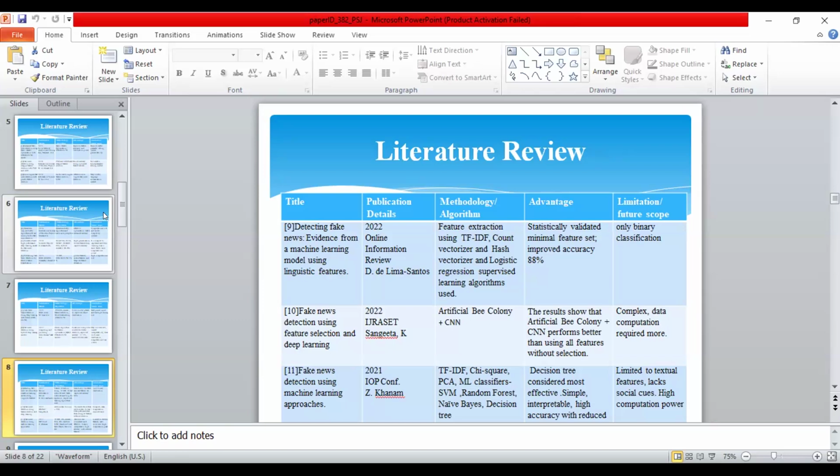In the 11th paper, the methodology used is TF-IDF. Then ML classifiers are used. Yet the decision tree performs better, but it is limited to textual features and lacks the social clues, and needs high computational